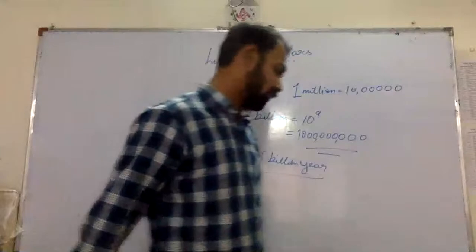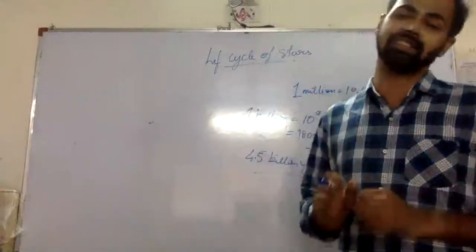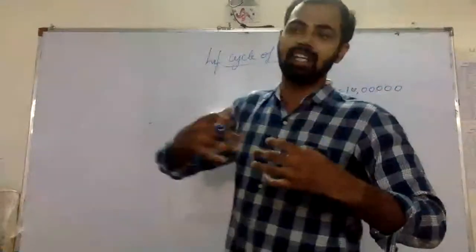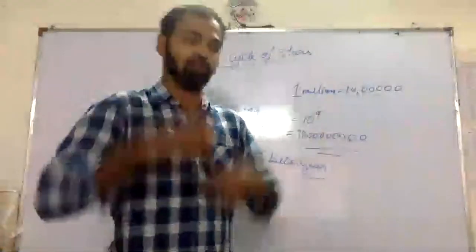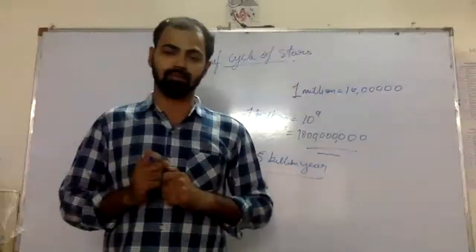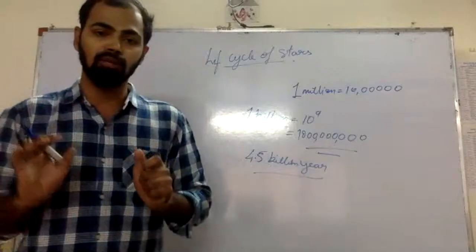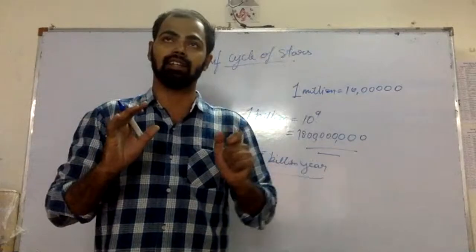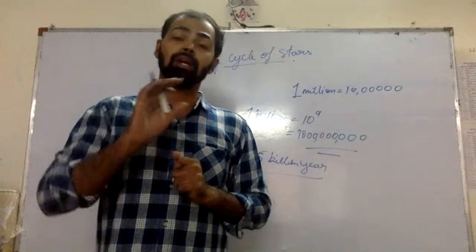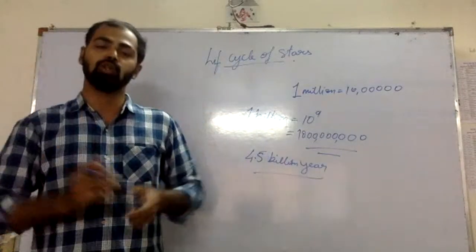We have to understand that the sun has a lot of energy inside it, and a lot of energy is acquired by the entire universe through it. We also use solar energy. At night when you see in the sky, you will be able to see that stars are there, the moon is there. But the moon doesn't emit light; it just reflects the light from the sun towards us.